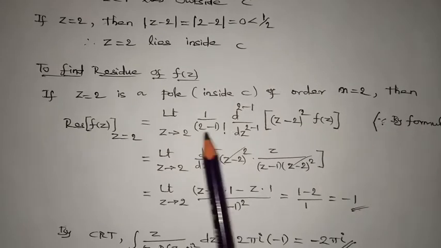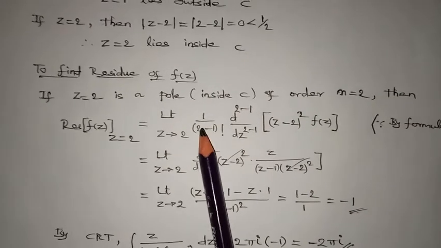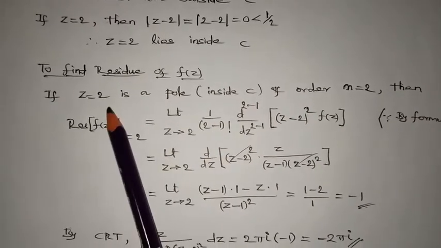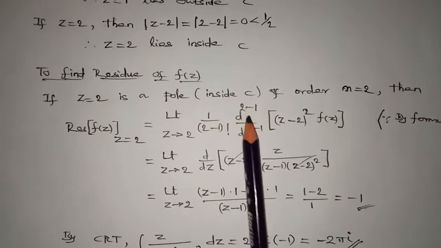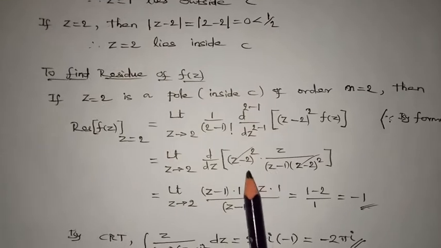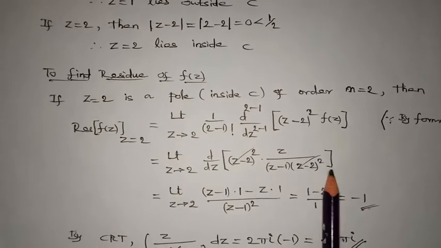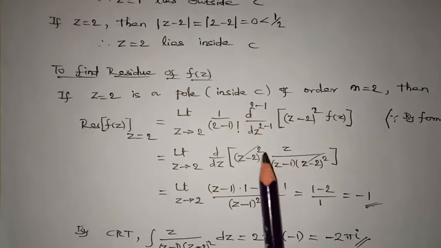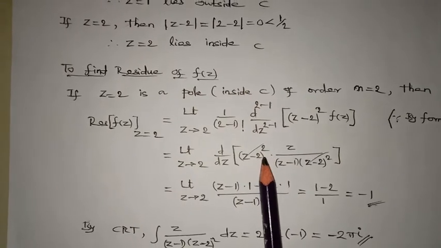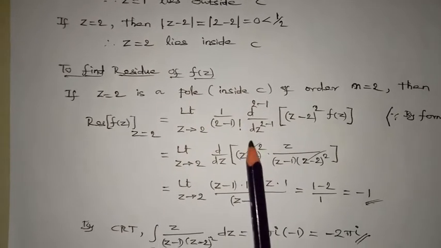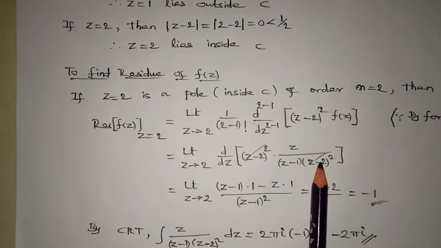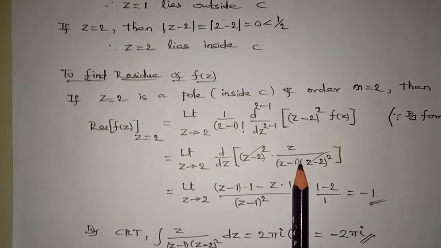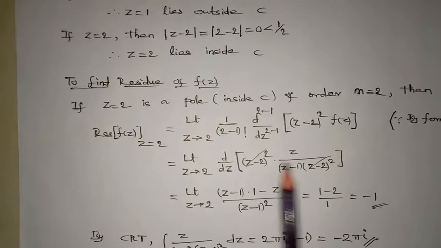By the formula you'll get this. Here M is equal to 2 and the a value is 2. If you replace it, that gives you this. After simplification, the same factor will cancel. As I already said, whenever you are finding residue, you must cancel this factor by the function's denominator factor. In all problems it cancels. If you forget to cancel this, you won't get the answer.